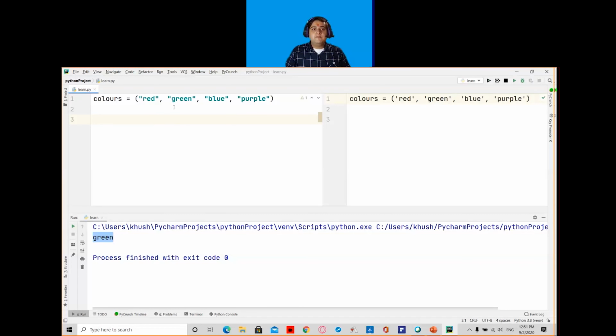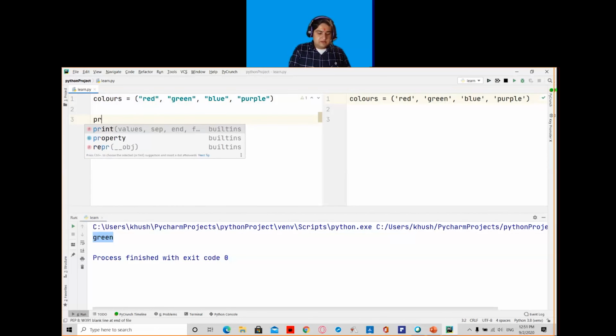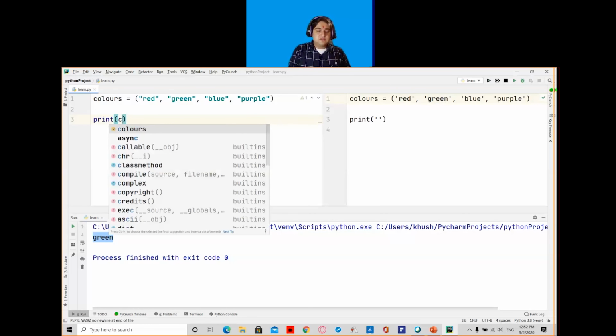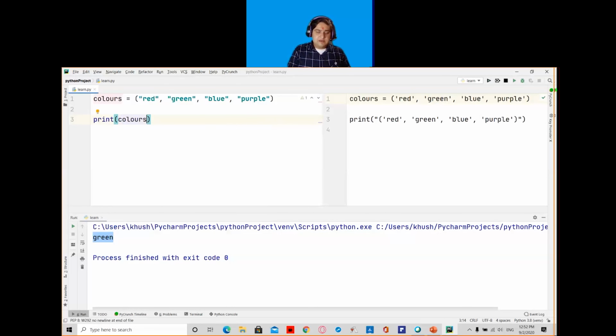Now if I want my output as red, green and blue only, I will write print and I will mention the start index. First of all, I will write colors, which is the variable name. Inside the square bracket, first of all, I will mention the start index. So the start index will be this 0.